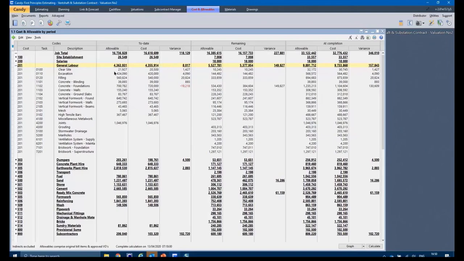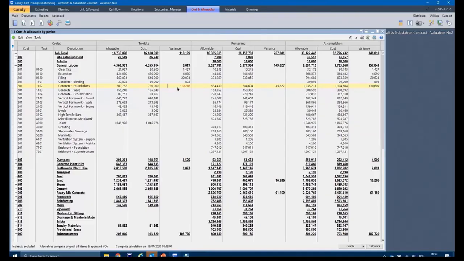But if you drill it down further, you can see this down to tasks. So if your cost comes in at task code and cost code level, we can compare that to the allowable. And you can actually see a problem task code there. Yes, I'm doing okay for labor and I'm doing well on all the other tasks. Excavation doing well, doing very well on filling. But if you look at the foundations, concrete and foundations, that's a problem area there.